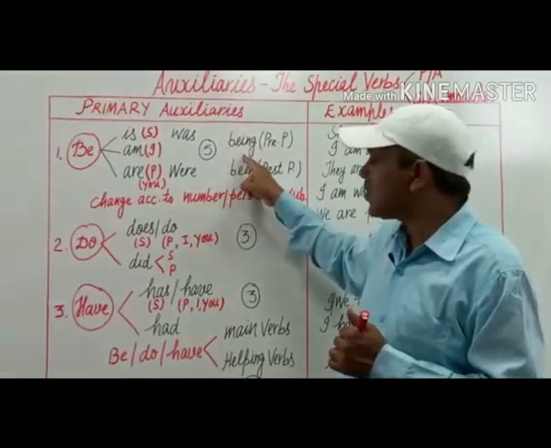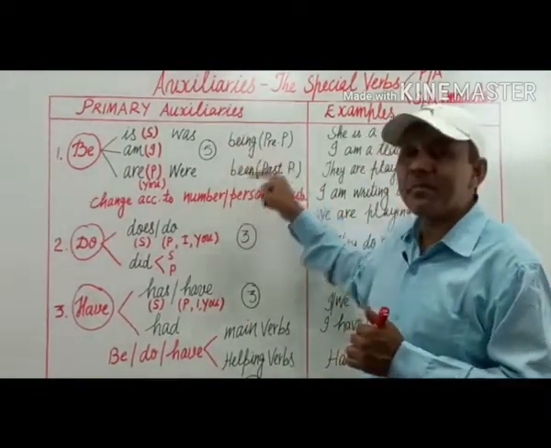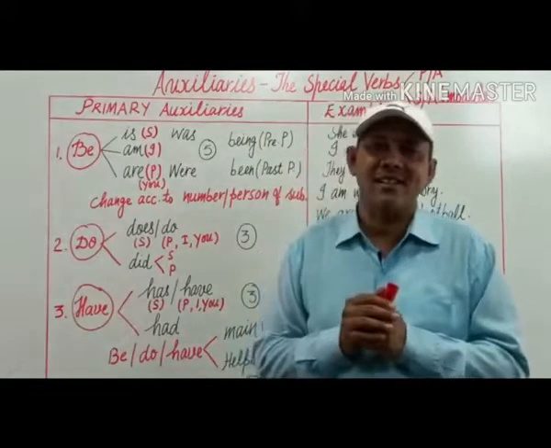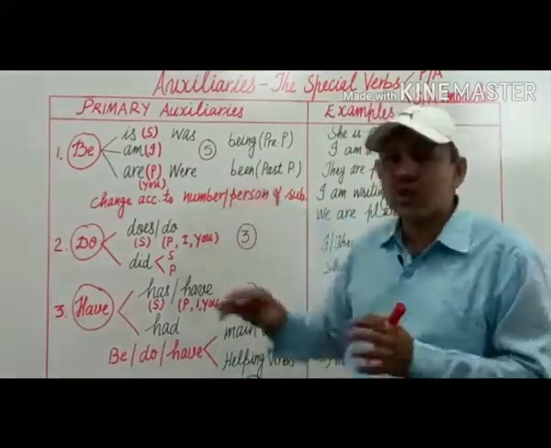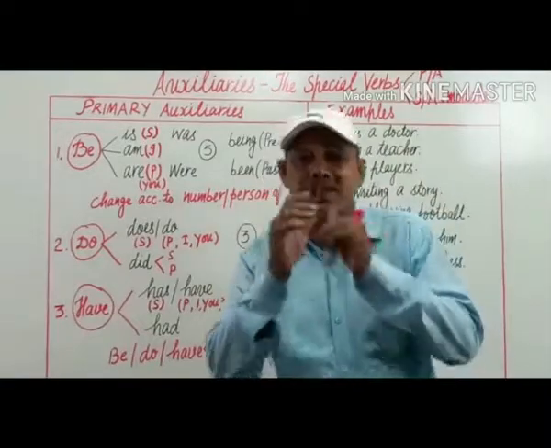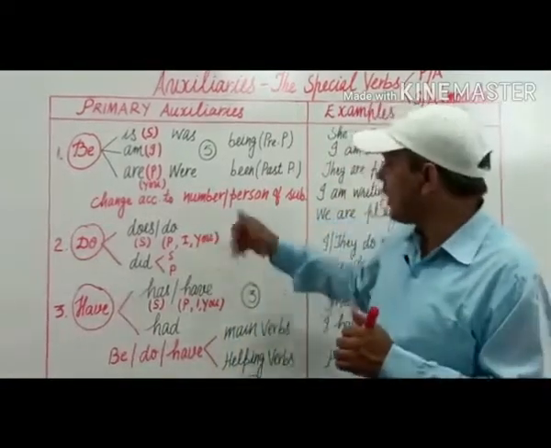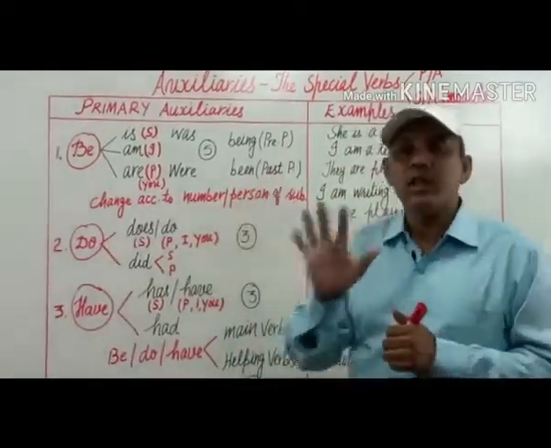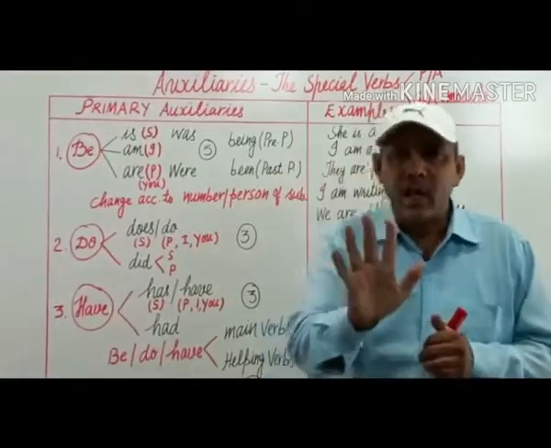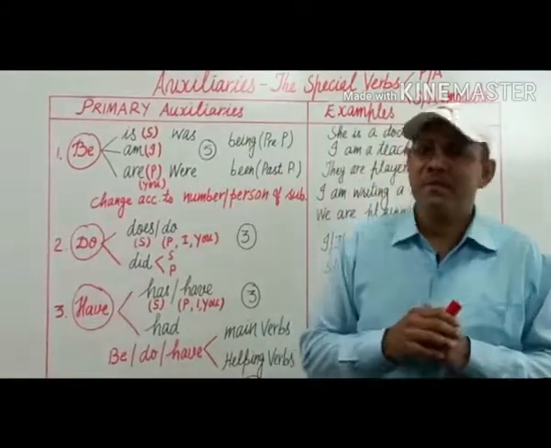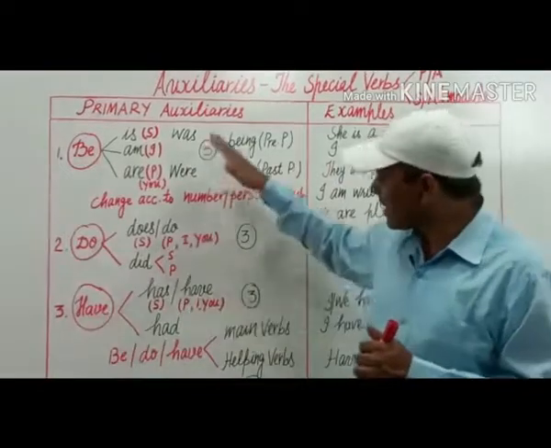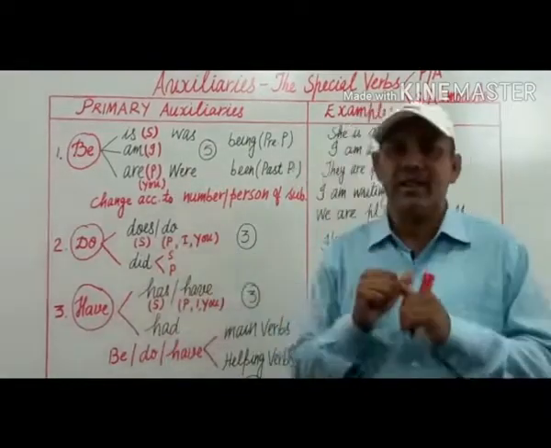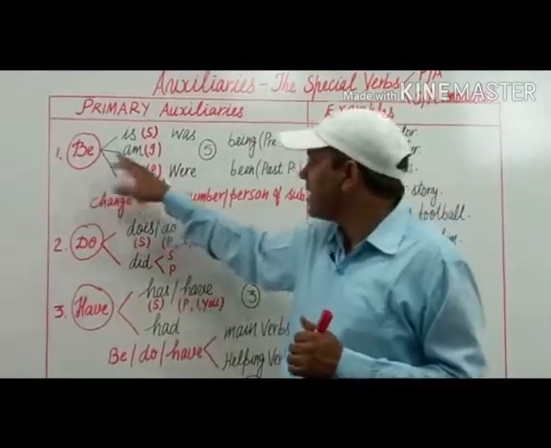Being is used as a present participle in sentences and been is used as the past participle. In this way, 11 plus 2, these have 13 different forms. Now, let us discuss these forms in detail. For example, be has 3 forms,